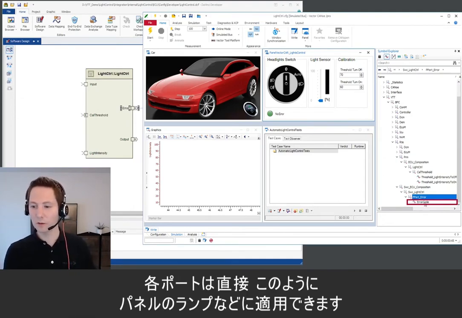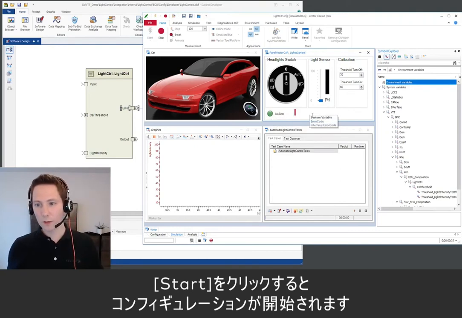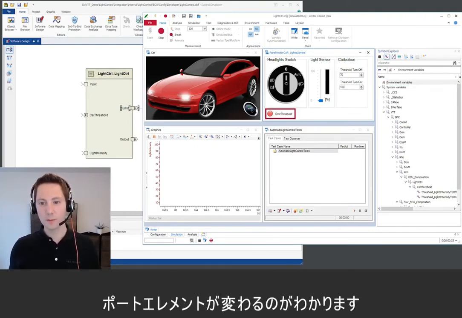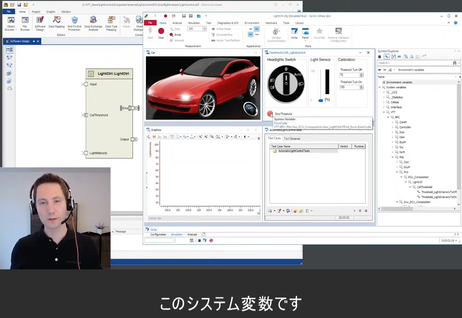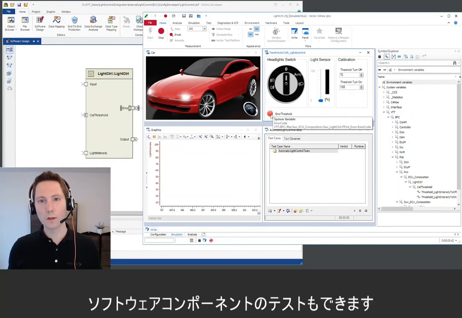Now you can use that port member directly, for example, on this lamp here in a panel. When I now start the configuration and make a misconfiguration in the calibration, you can see the port element, the system variable, changes here. In that way, you can also use port monitoring to test your software component.